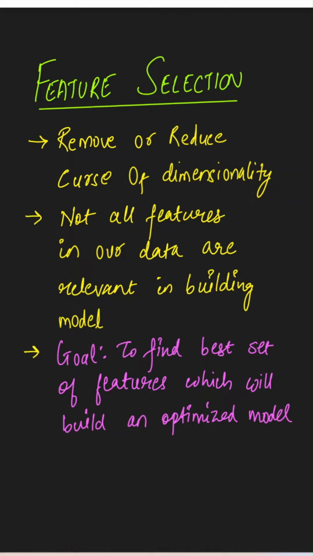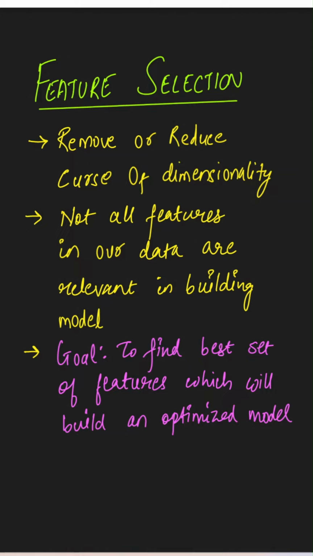Imagine you have a big box of crayons with hundreds of colors, but you would only need a few to draw a nice picture. Some colors could be really useful, like red and blue, but others might not be needed, like 10 different shades of green. So feature selection is like choosing the best crayons from the box so your picture looks great without making a mess. Instead of using all the crayons, you pick only the ones that help you draw the best picture.